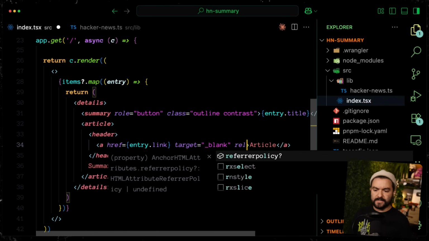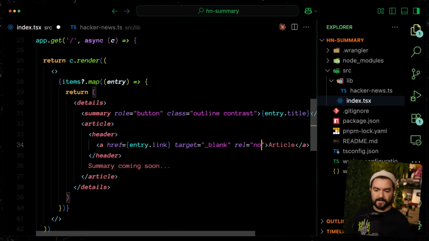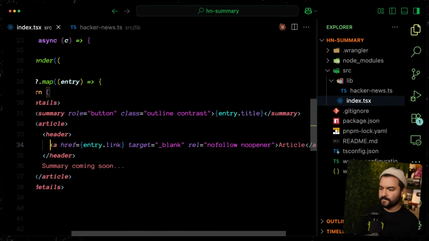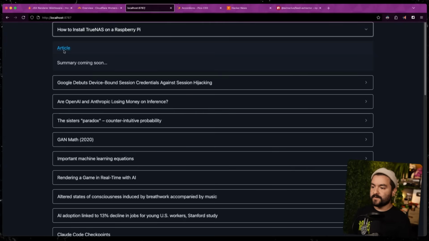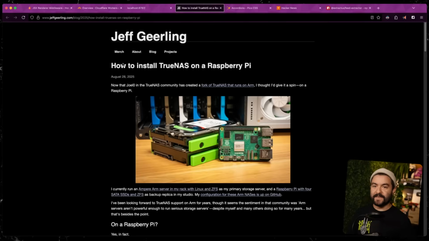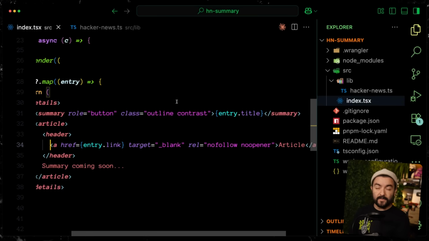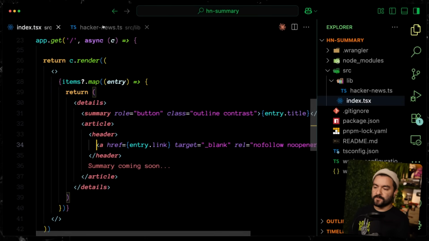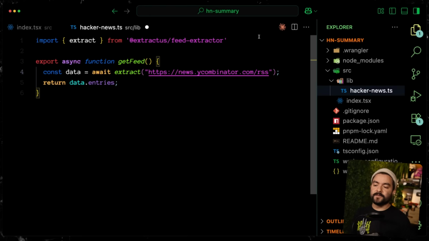And then we'll also set our rel for security. So we're going to say nofollow and noopener. So now when these render out, they have a nice little link. We can click it, and that goes to the actual page. And then the RSS feed also includes a link to the actual comments themselves, but it's not included by default